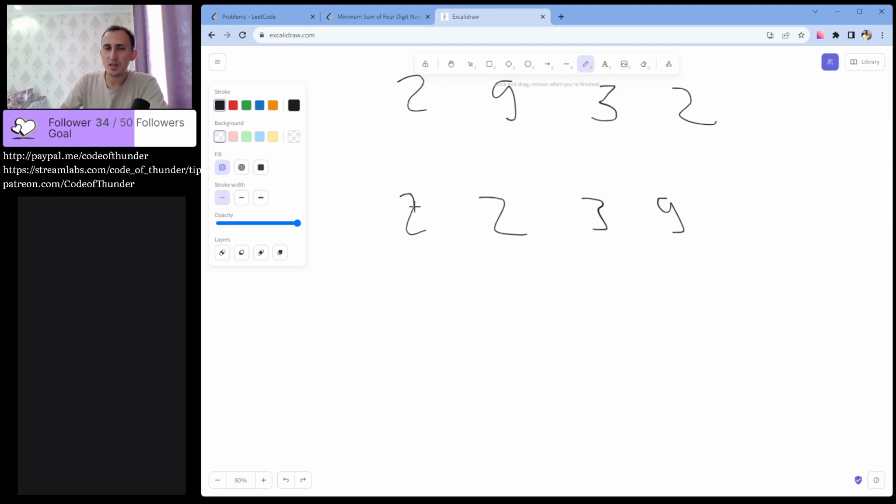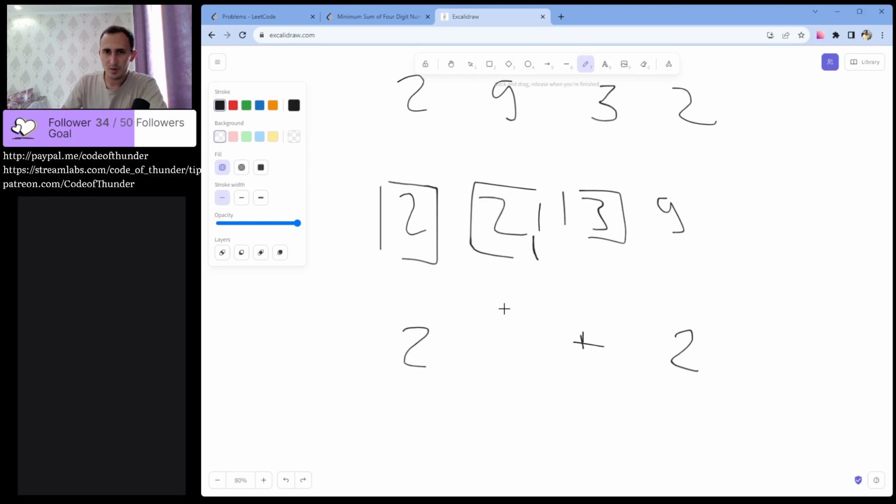Well, we need to take the smallest digit, it's 2, and we need to take the second smallest number, put it here, then we take the third one, we put it here, and the last one, the biggest number, is here,